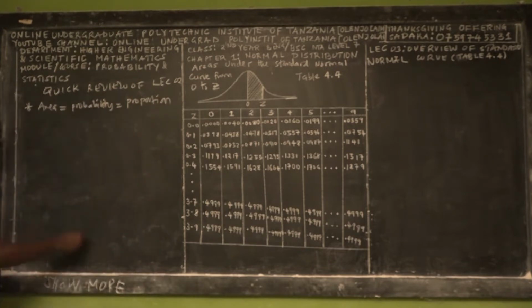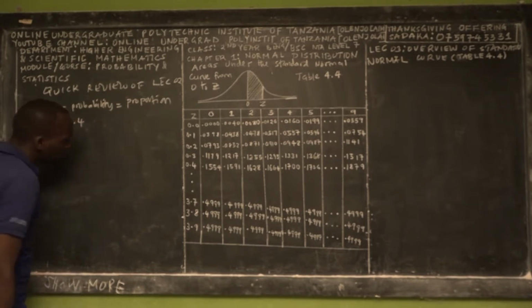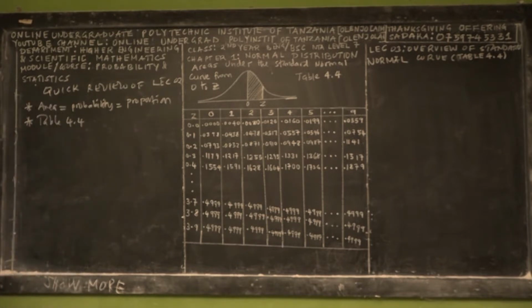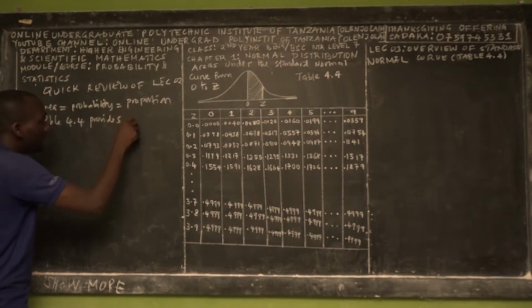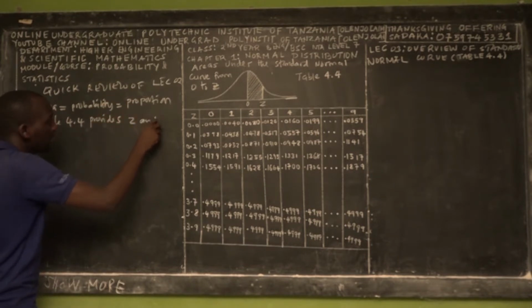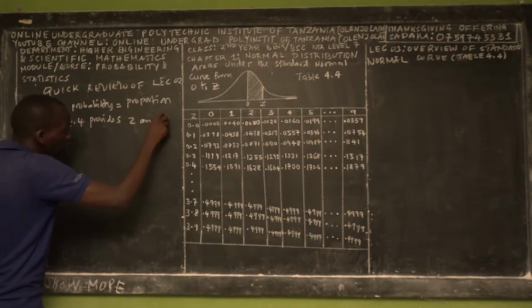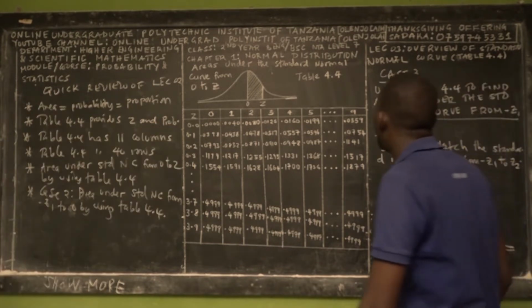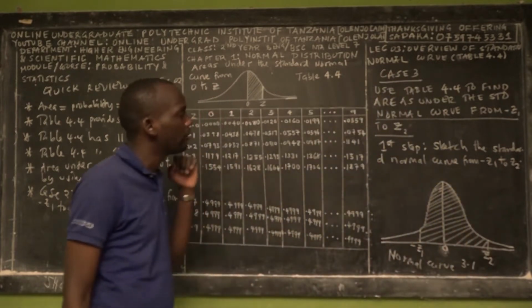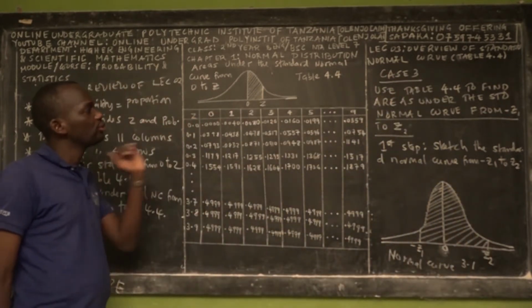Okay, so these are the three synonyms words. But again, we say that Table 4.4 provides the standardized value and corresponding probability. So ladies and gentlemen, welcome to Lecture 3, where I'm going to teach you how you can